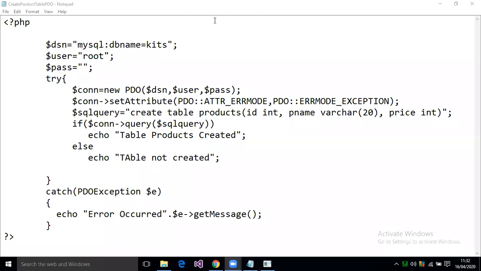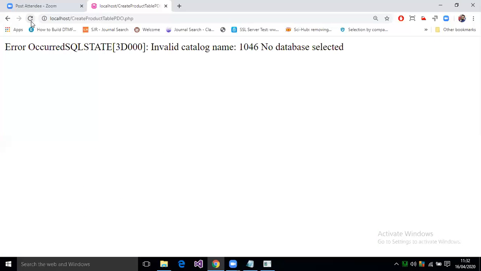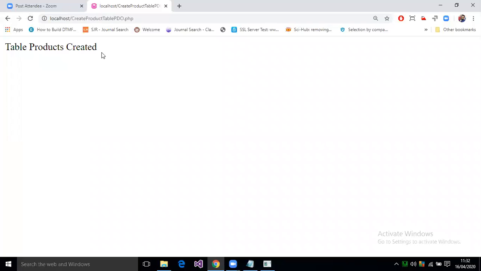Okay. So actually, when you are not using any localhost name, then you can directly provide mysql colon dbname equal to the database name. Earlier there was a comma here, so no need of the comma because by default it will take it as localhost. So that was an error. So now table products has been created.